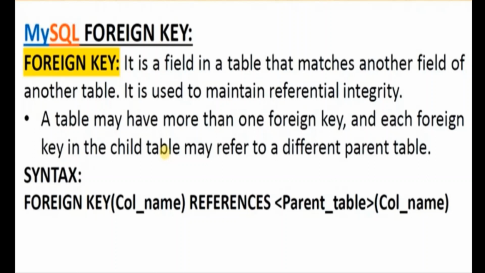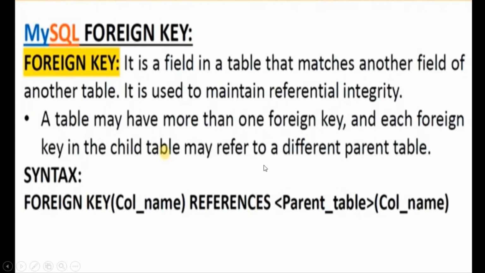So for combining these two tables I will need the concept of referential integrity, that is creating a relationship between two tables, and how the relationship between the two tables can be created with the help of a common field. We can combine two tables together if and only if we have at least one common field between them. If we don't have any common field, we cannot create a foreign key relationship between those two tables. We cannot join the tables, we cannot share data of those two tables.